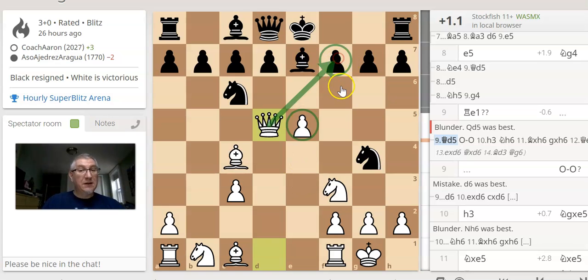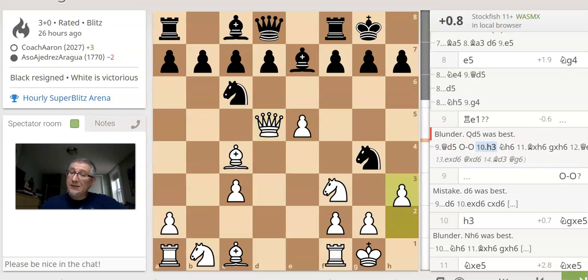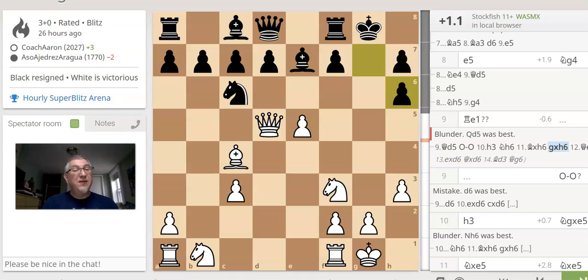So this is with tempo, because they have to deal with the checkmate, and now h3 is going to be huge. For example, after they castle, h3, where does the knight go? h6, we capture, and this is a fantastic position for white. We are down a pawn, but we don't really worry about one pawn. We've kind of destroyed the structure, and we still dominate that sweet center,